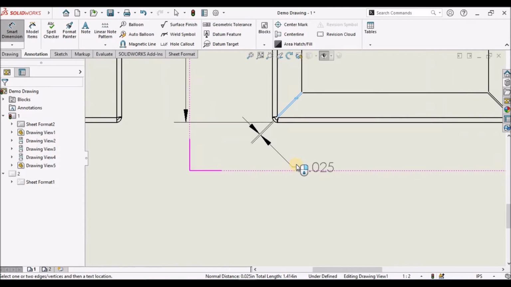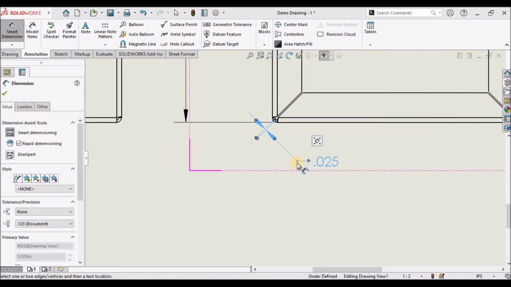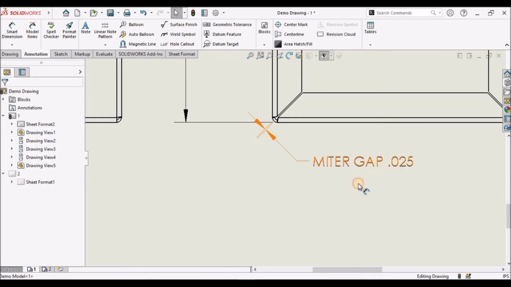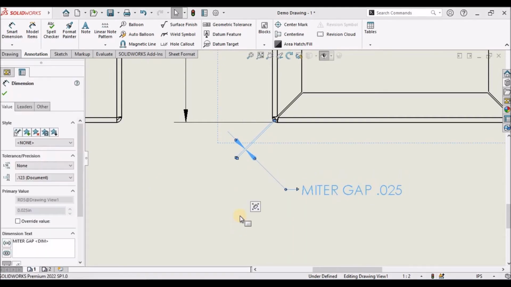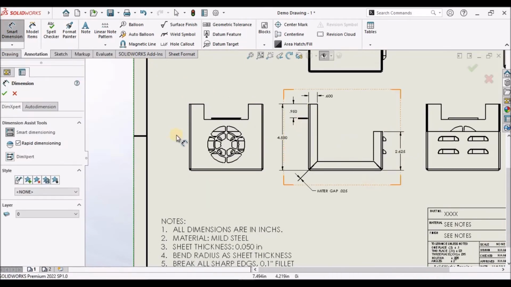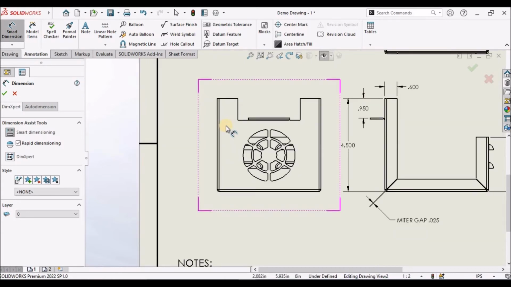We have to mention this gap to maintain the precision. 0.025. So this is meter gap. So we have to mention the